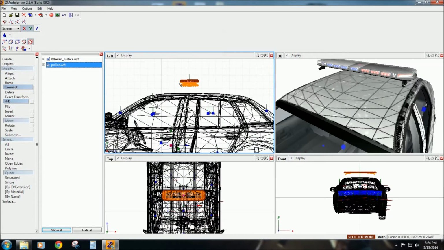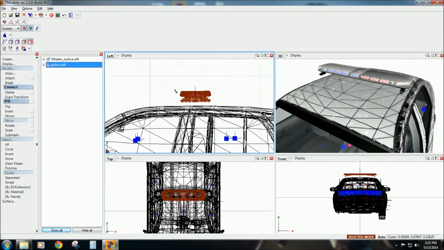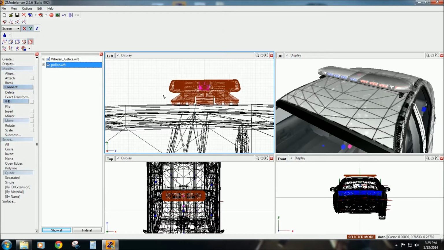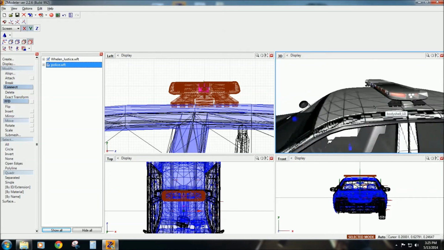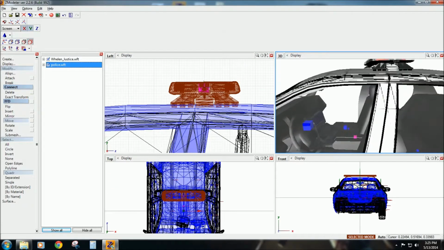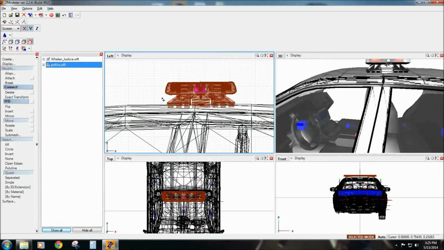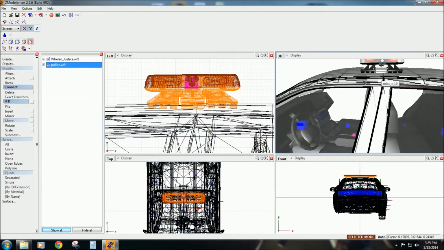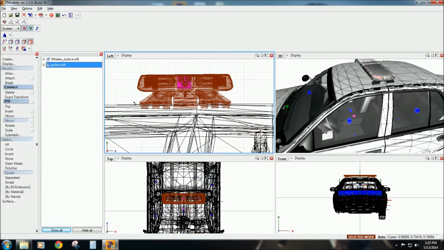So I'm going to zoom in on this car right here. I'm going to move it downward. These blocks right here, you want them to be inside the body shell of the vehicle. So now I'm spinning the 3D model by left clicking to make sure that it's getting positioned right. So I'm going to zoom in some more. Once I have it positioned to basically where I want it to be, which should be right about here,